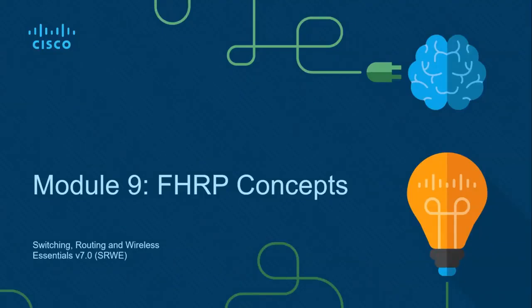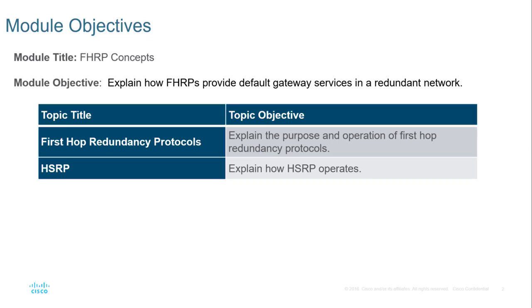Hello, this is module 9, first hop redundancy protocol concepts. This is semester 2. So in this module, we're going to cover these topics: first hop redundancy protocol purpose,